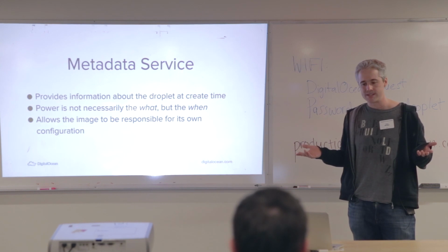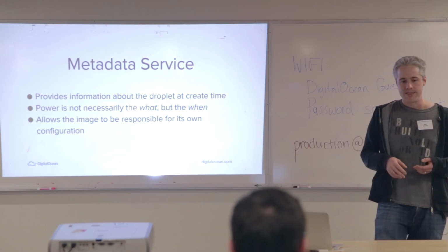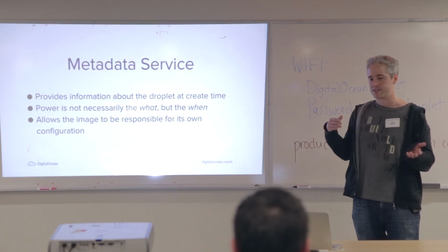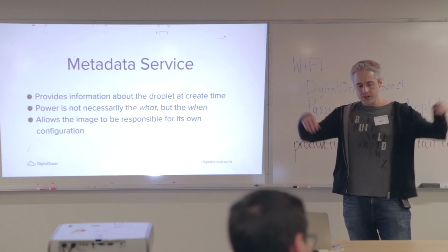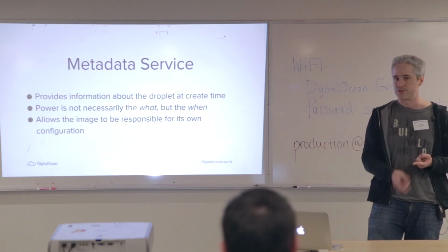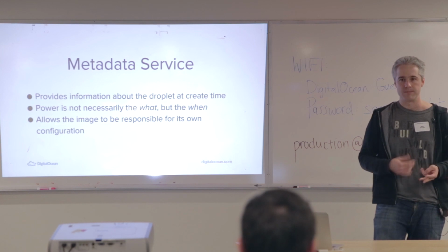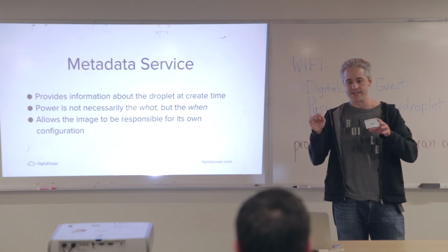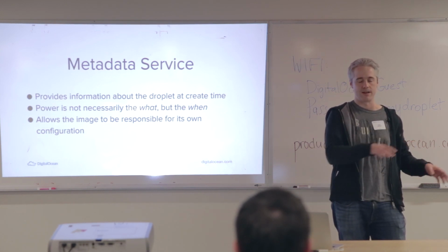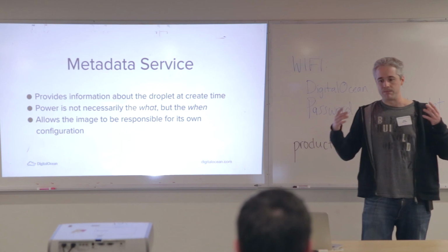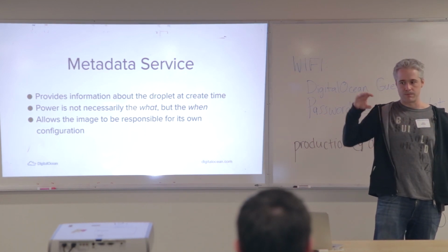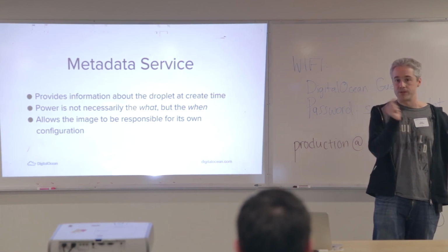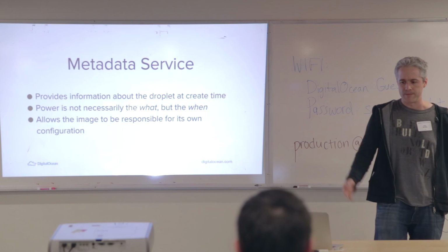So metadata, all it is, is a small little HTTP service that gives information about the droplet on the link local, 169.254.169.254. You query down and you can get information about the droplet ID, SSH keys, hostname, network config, all of that stuff. And it's not necessarily complex, but the power is in when that information arrives, not necessarily what it is. So this metadata service has all of the information to provide this droplet its identity, and it provides a very clear interface for this droplet to be able to say, hey, who am I,